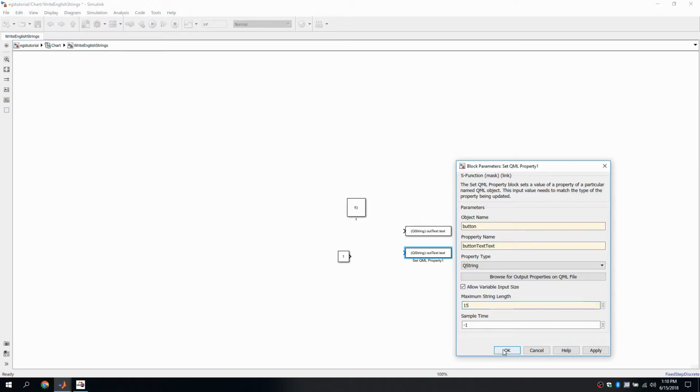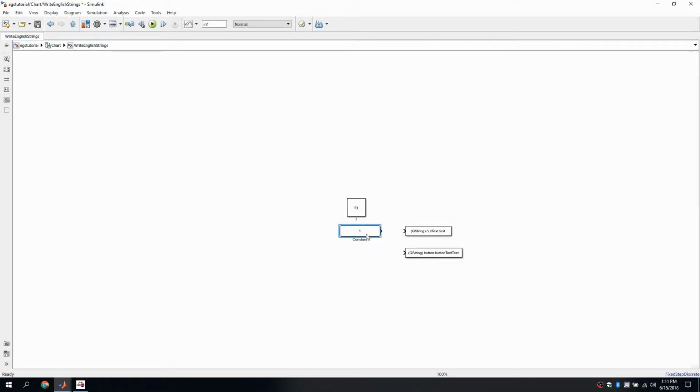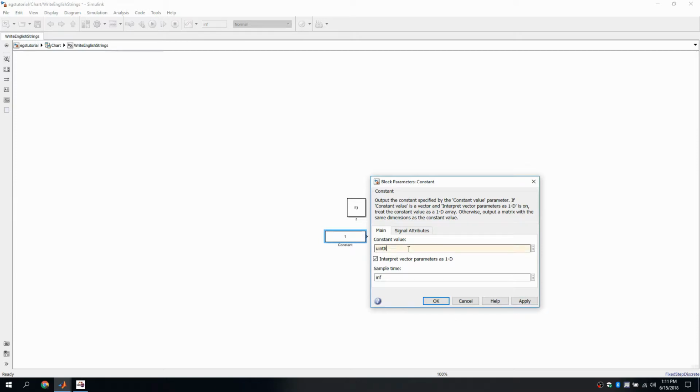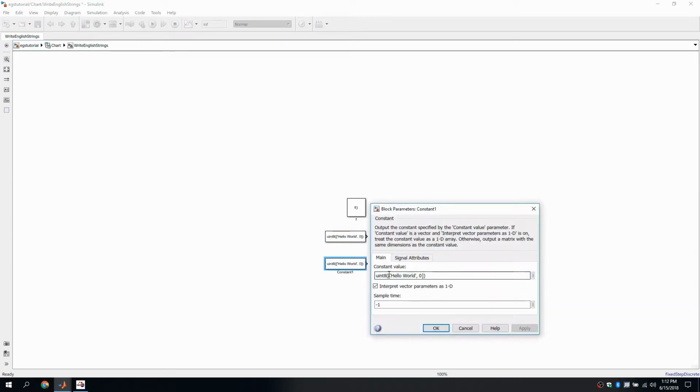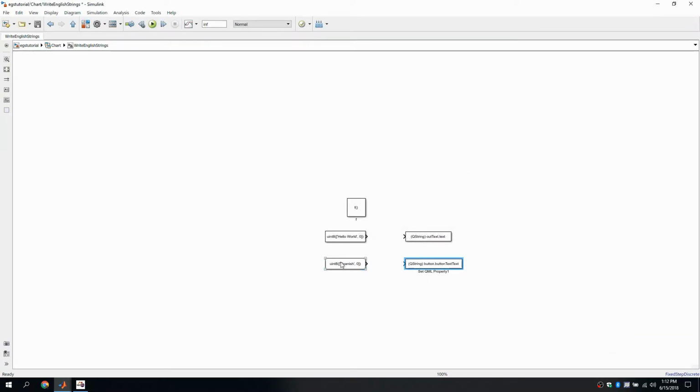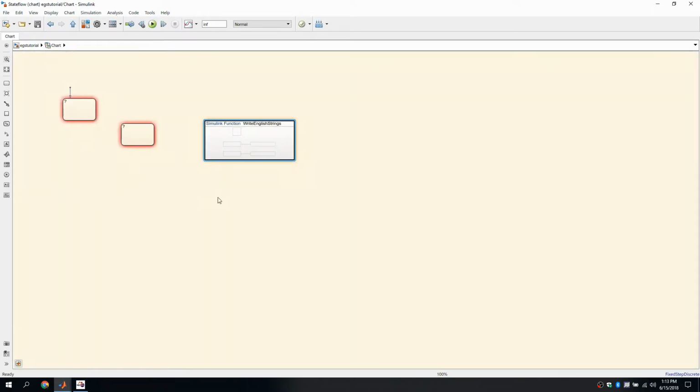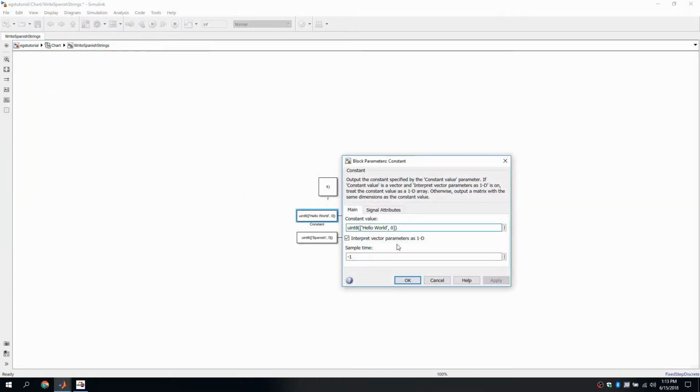Now let's change the parameters of the constant block and copy it once and change the string. Now we go up and copy the function, change the name, and change the constant strings inside.